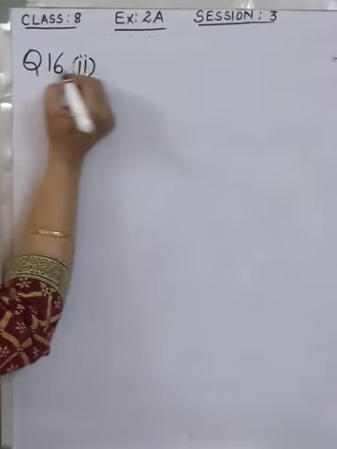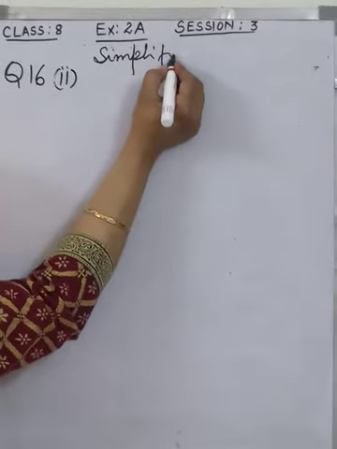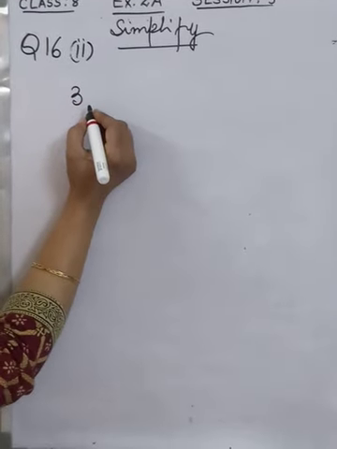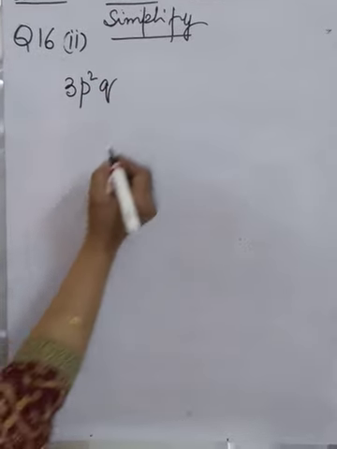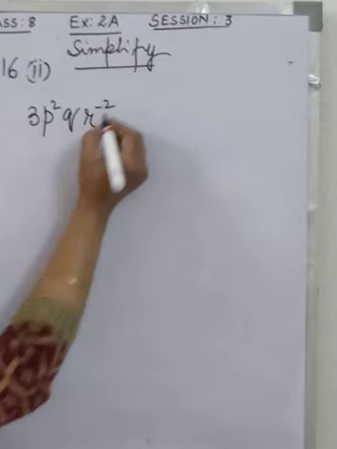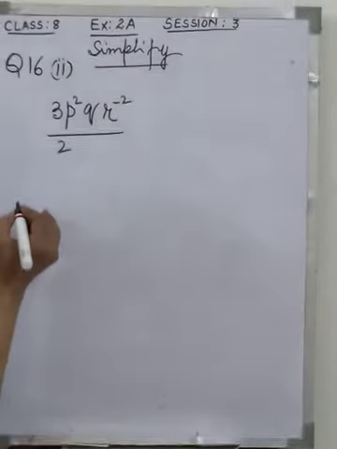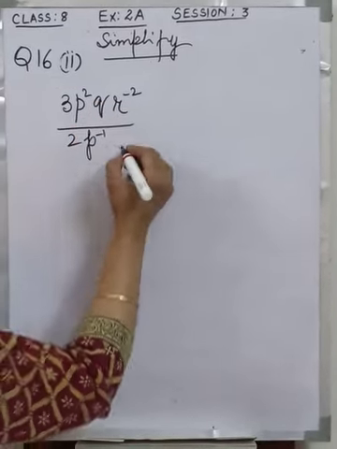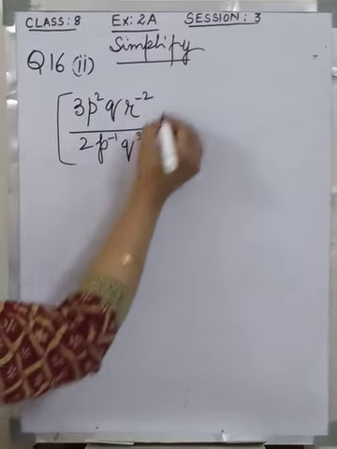Question number 16, second part. Simplify. What is the expression given? 3p square q r to the power minus 2 upon 2 p to the power minus 1 q to the power 3 and whole to the power 2